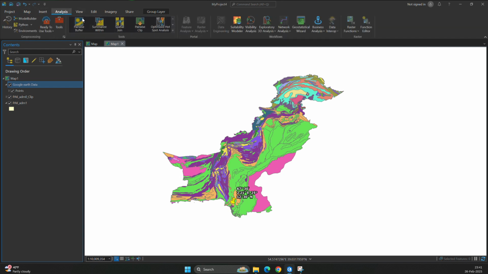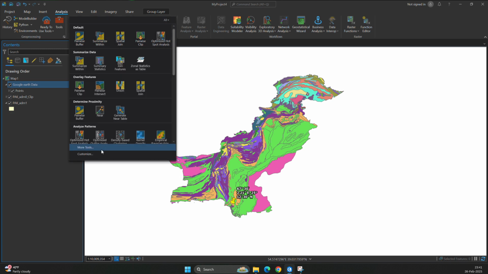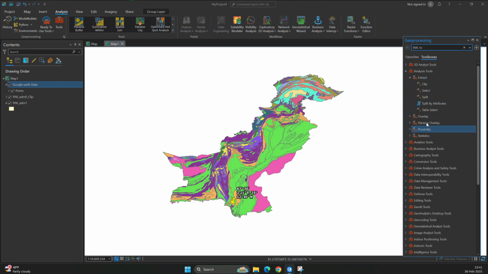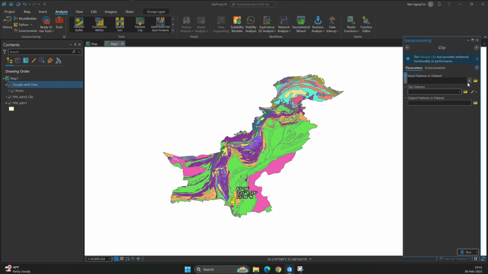In Analysis and More Tools, the clip option opens directly, and my input will be, for example, the geological data,